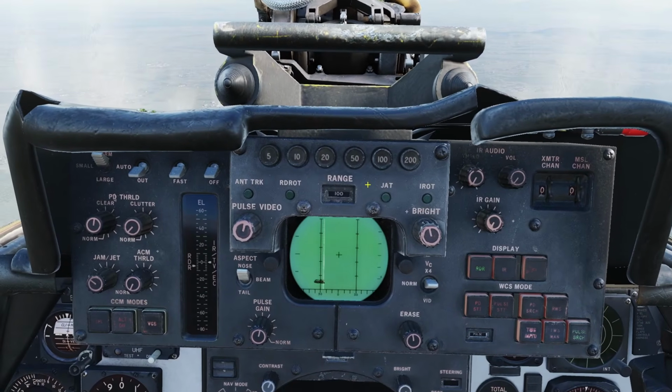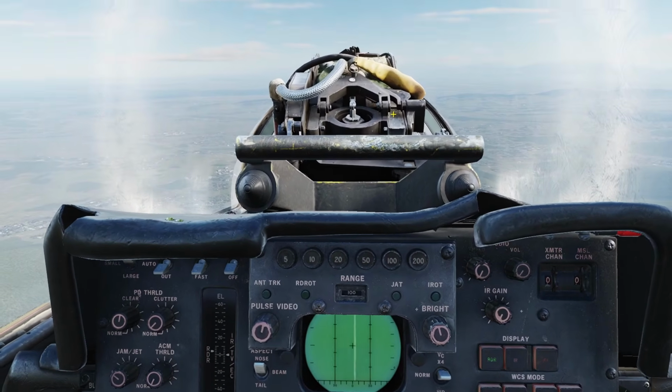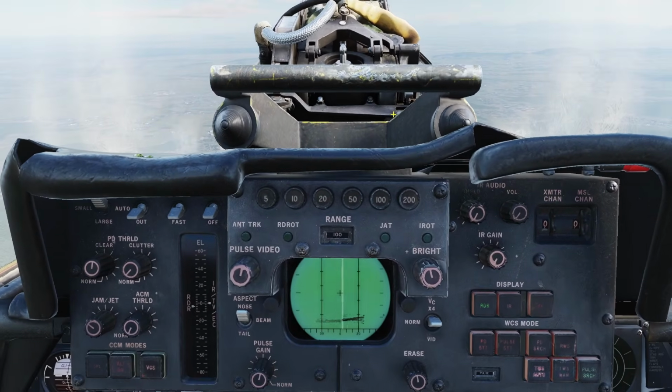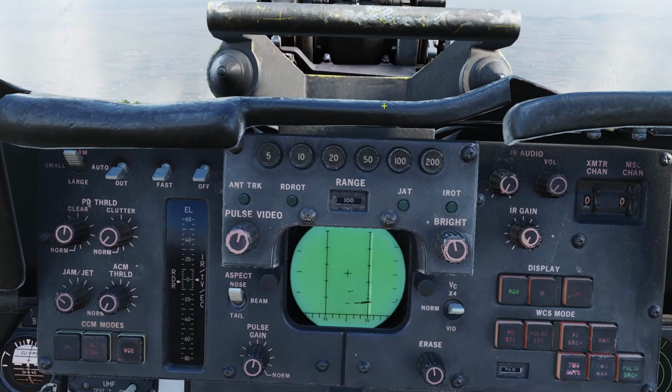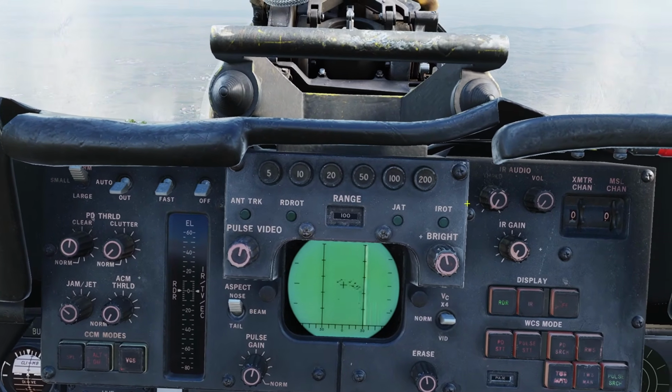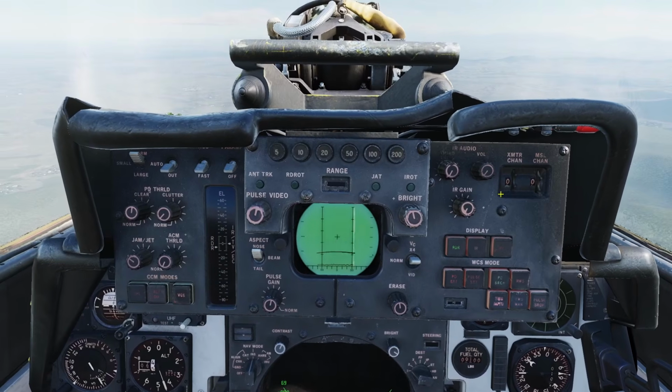So in summary, for the first blind spot, if someone's in front of you and they're going the same direction and speed as you, the Doppler radar modes are not going to see him. So you have to either speed up or you have to get below him and point your radar up and switch to pulse mode. Now let's go over the second blind spot